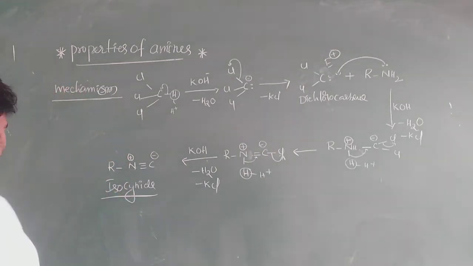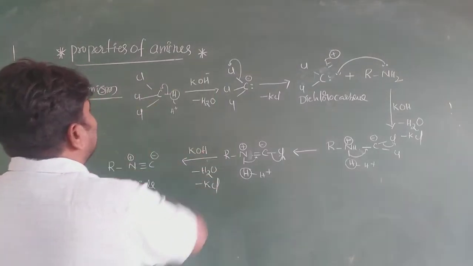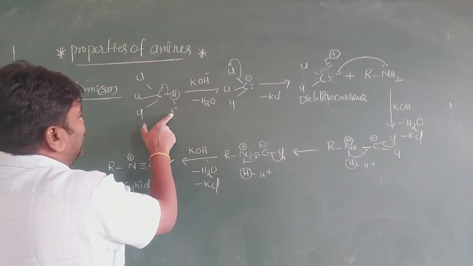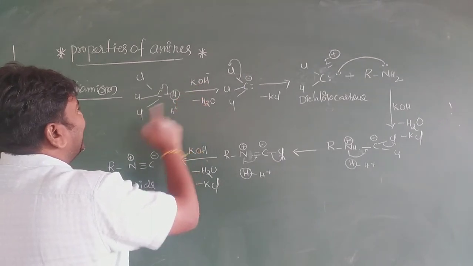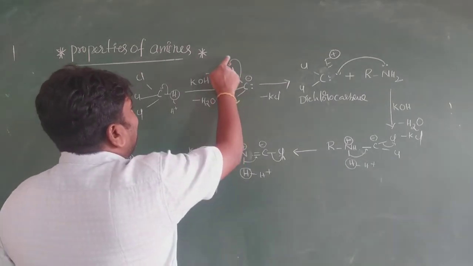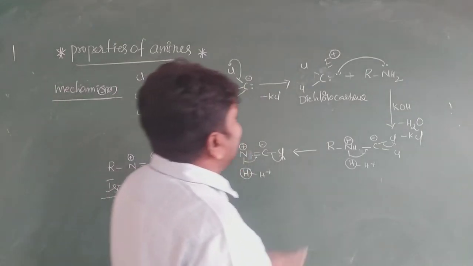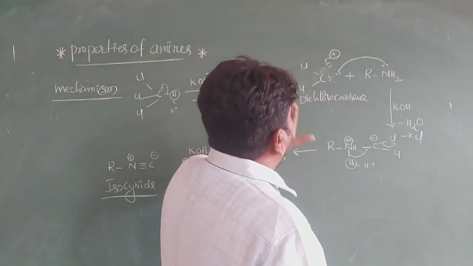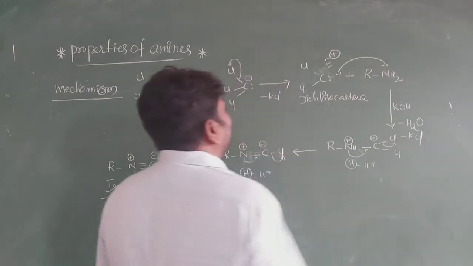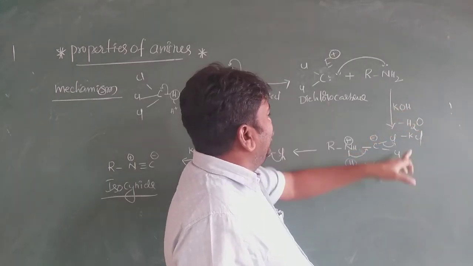Once again, my dear students, see here in this mechanism, this is chloroform in the presence of a base. What happened here? These two electrons are gained by carbon. It is eliminated as H plus. This H plus and OH minus, water is eliminated. Next, these two electrons are gained by chlorine. This Cl minus and K plus, KCl is eliminated. This is the dichlorocarbene. It can act as an electrophile. It reacts with the primary amine. Nitrogen contains a lone pair. The bond is formed between the carbon and the nitrogen, so you will get this one.